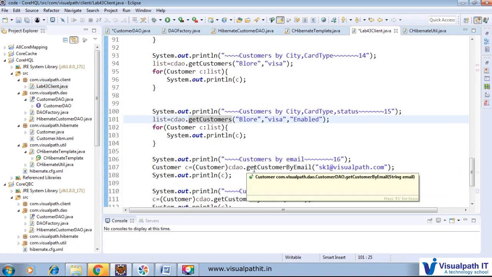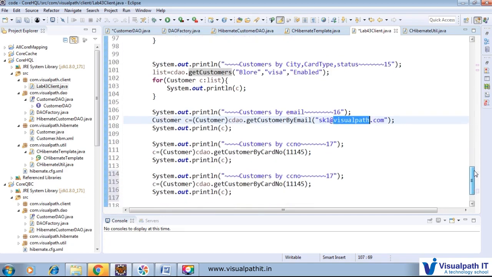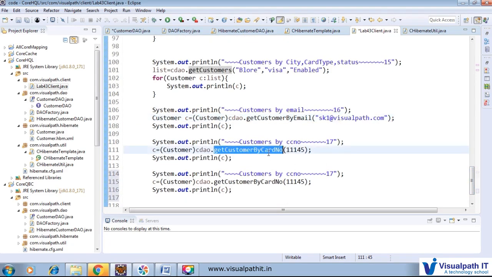And next get customer by email, where we'll pass that particular email and we will get the value. Next is get customer by card number, so whose card number is 11145, that will be returned back.